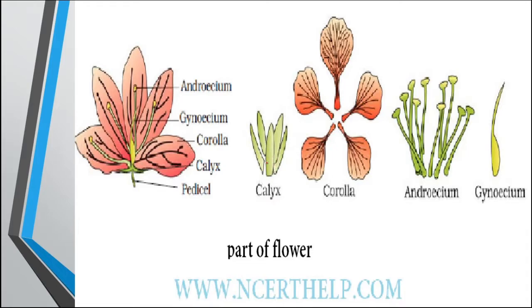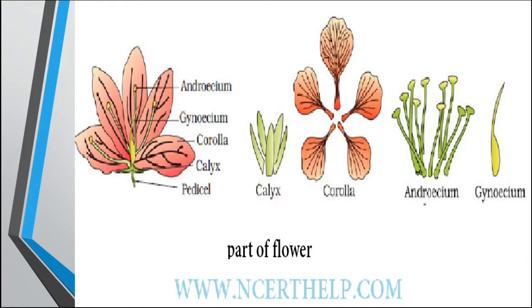When these sepals are attached to one another, it is known as gamosepalous, and when they are free, they are known as polysepalous. Now the next whorl is known as corolla, which is a bright structure and of various shapes. They attract insects and help in the process of pollination. Like calyx, when they are united with each other, it is known as gamopetalous, and when they are free, known as polypetalous.